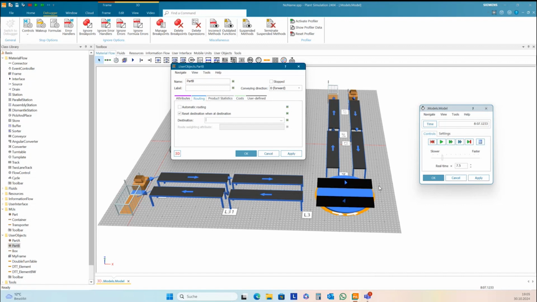And you need something underneath the MU, like a track here, to turn, or a single station. There are several ways to simulate this.